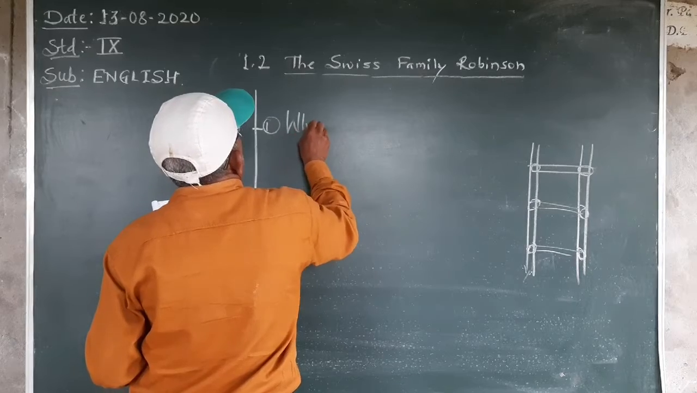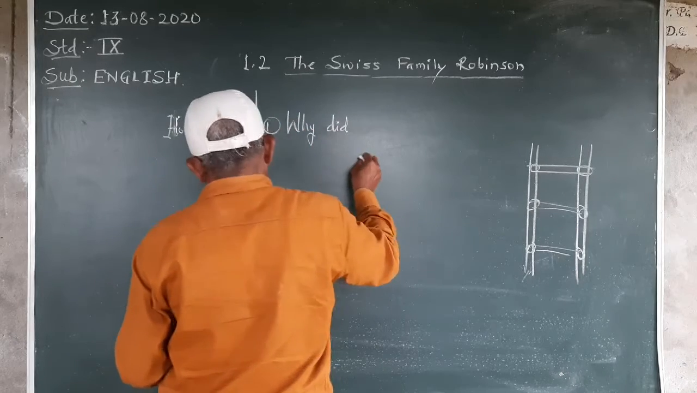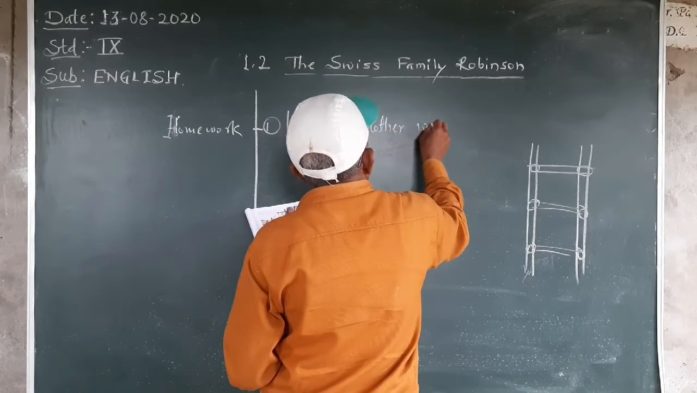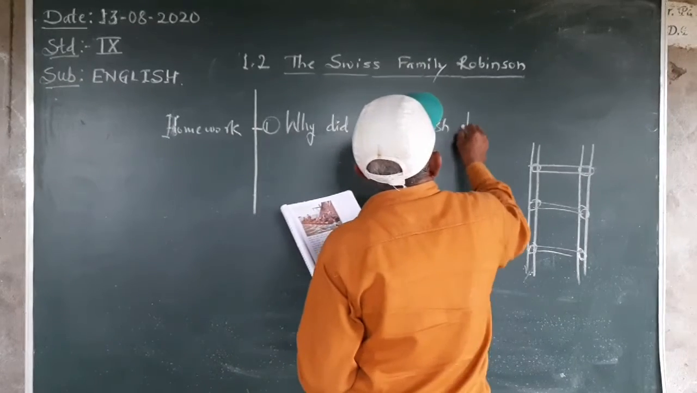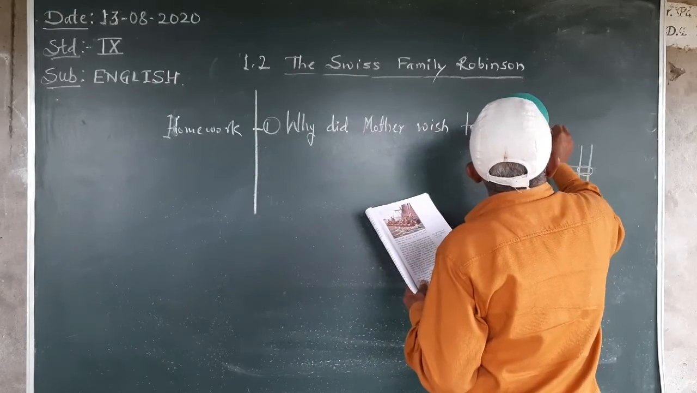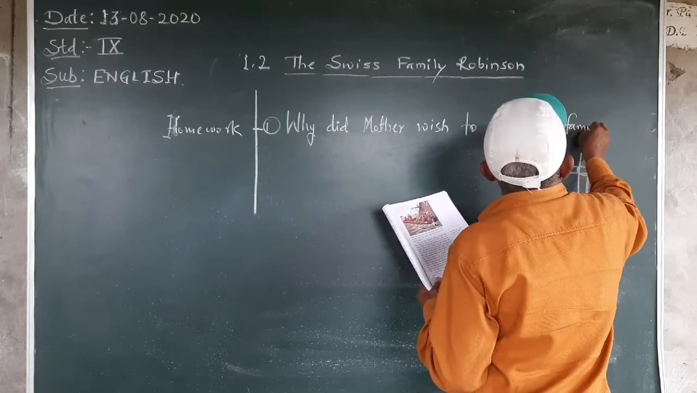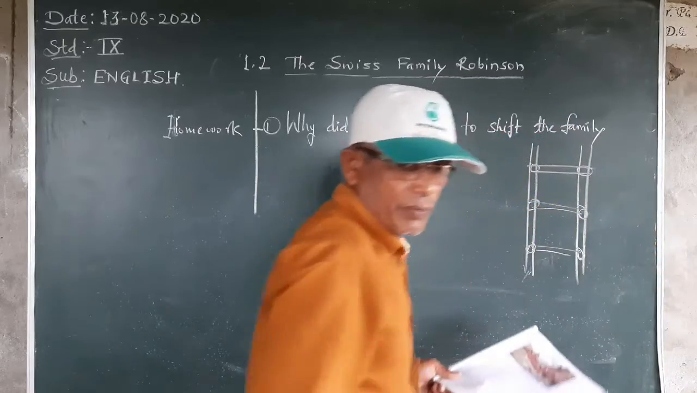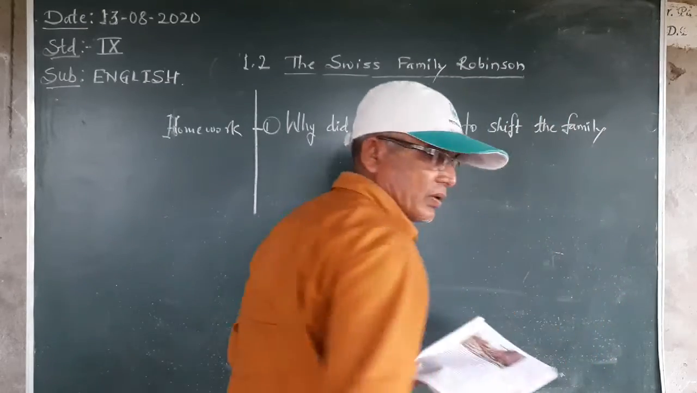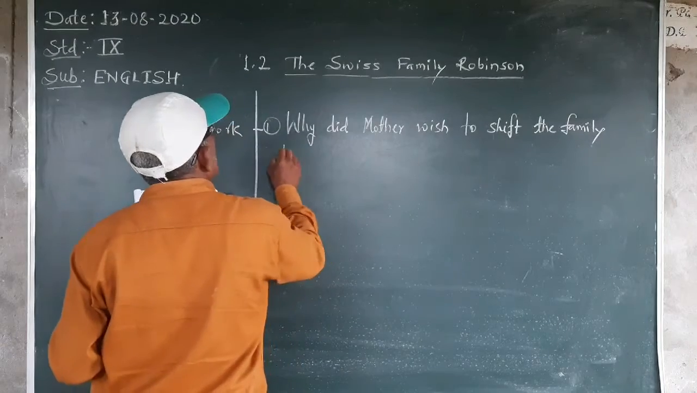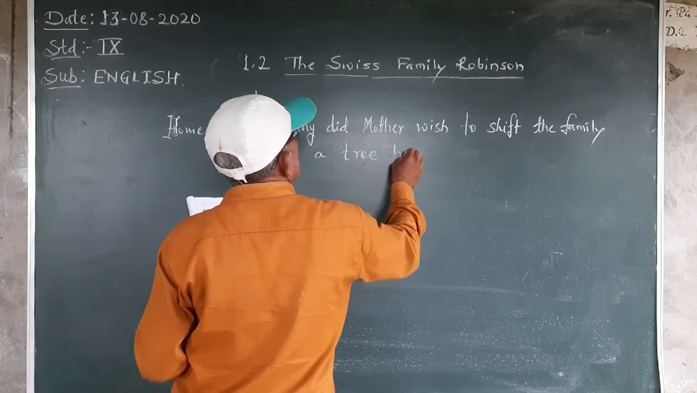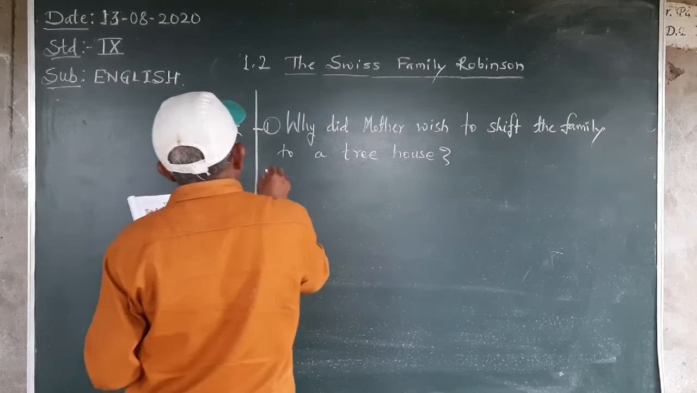Why did mother wish to shift the family to a tree house? Second one,